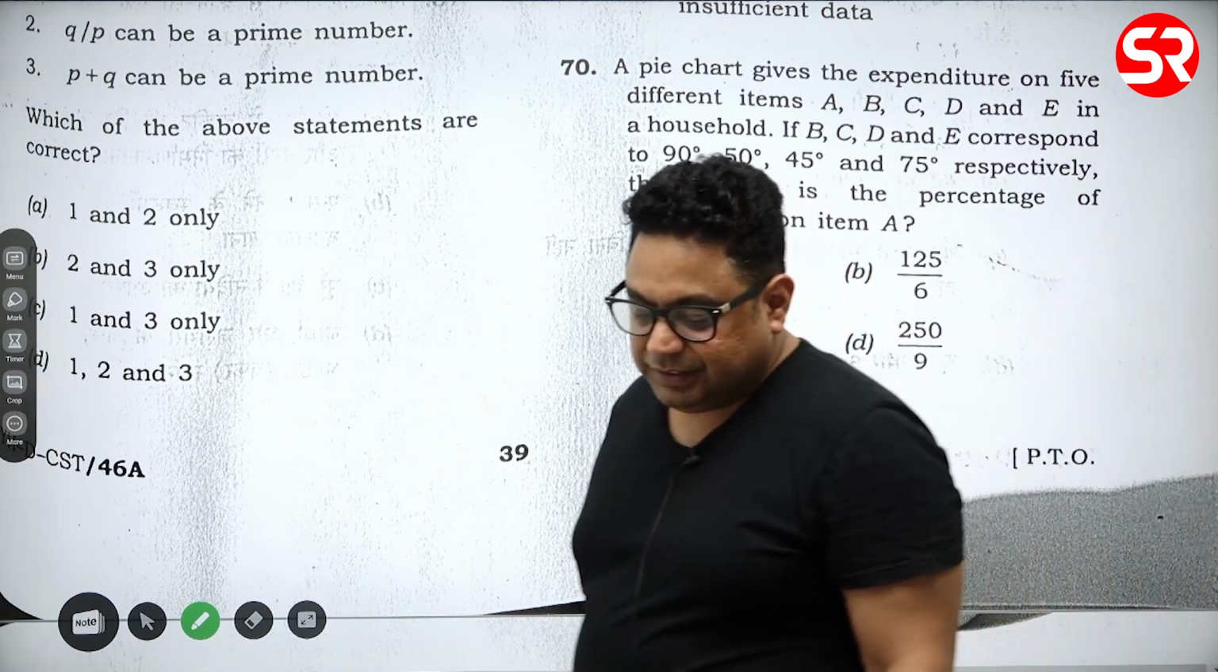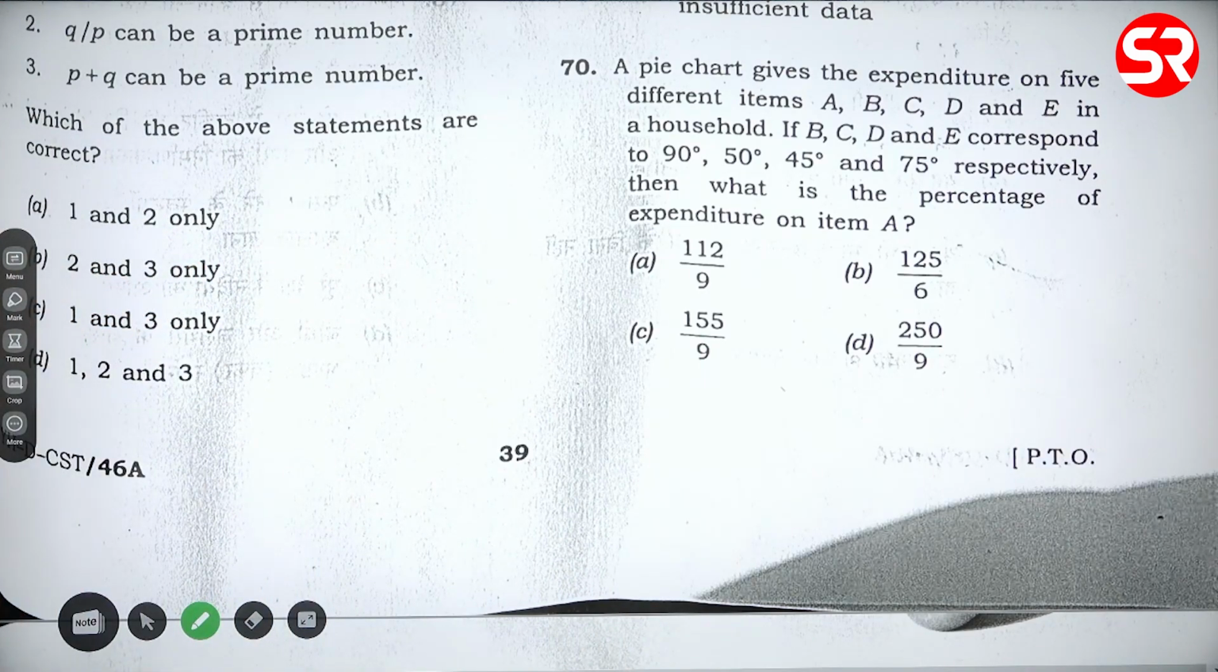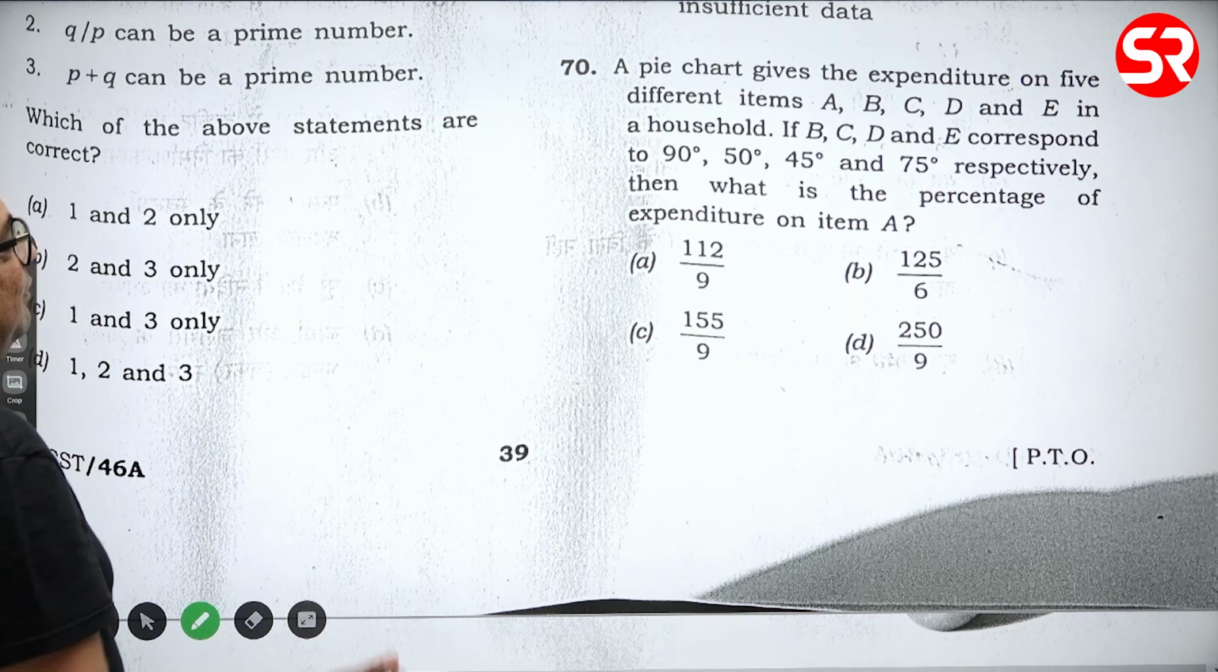So aptitude, reasoning, data is something we can easily manage. So question number 70. Just read this question. A silly question. What is he saying? He has given you the value of B,